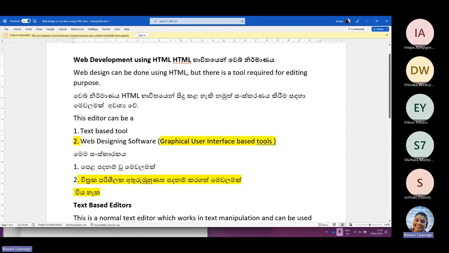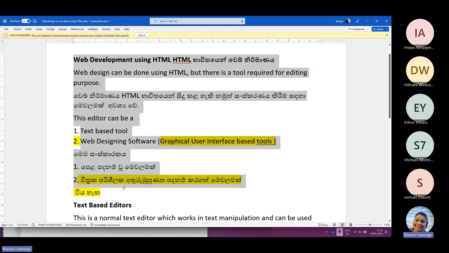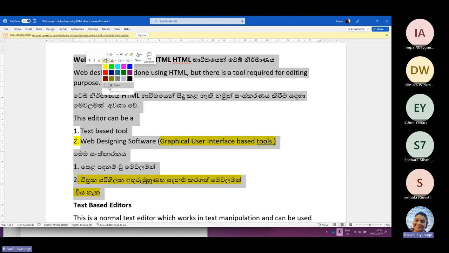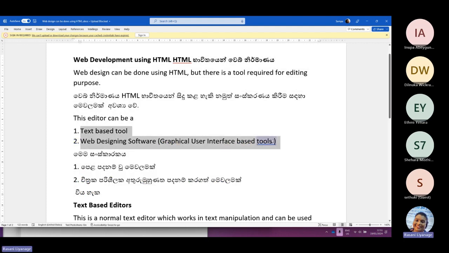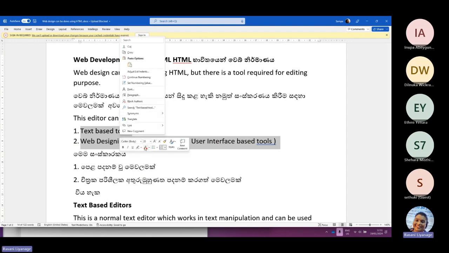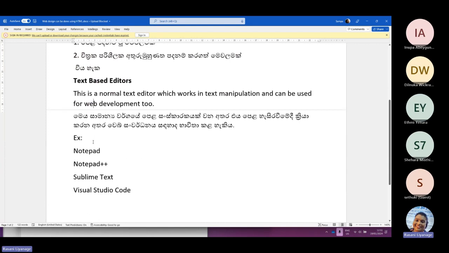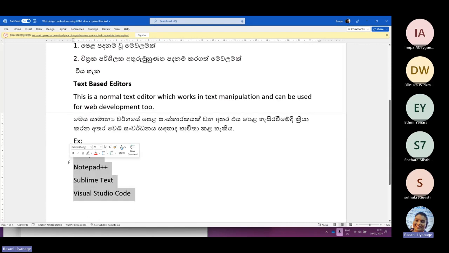We do have web development tools, and the tools are separated into two. One is text-based tools, other one is web design software. So we are going to see the text-based tools today.